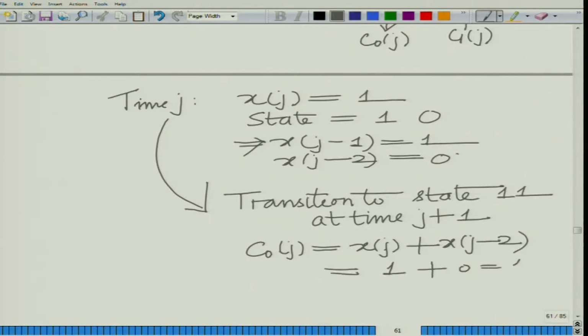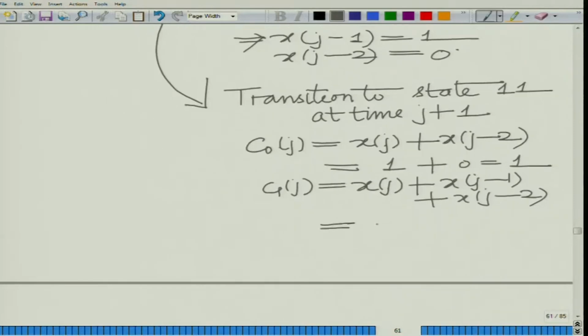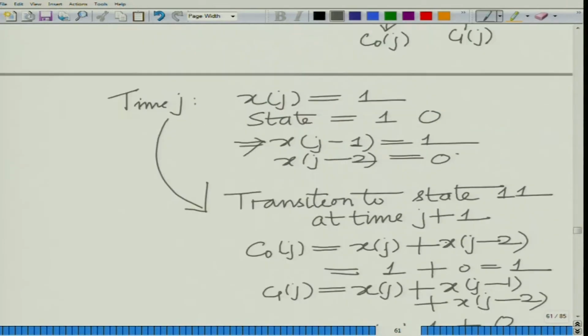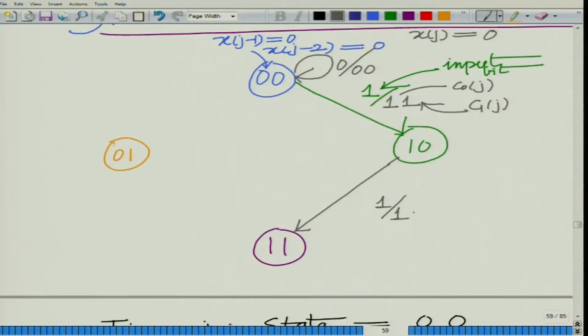So, 1 plus 0 equals 1. C1j equals xj plus xj minus 1 plus xj minus 2, which is basically xj is 1, plus xj minus 1 is 1, plus xj minus 2 is 0. Binary field addition, this is 0. So the output will be 1 comma 0. So it transitions to 1 1, output will be 1 comma 0. Okay, so basically in state 1 1 0, if the input bit is 1, it transitions to 1 1, output